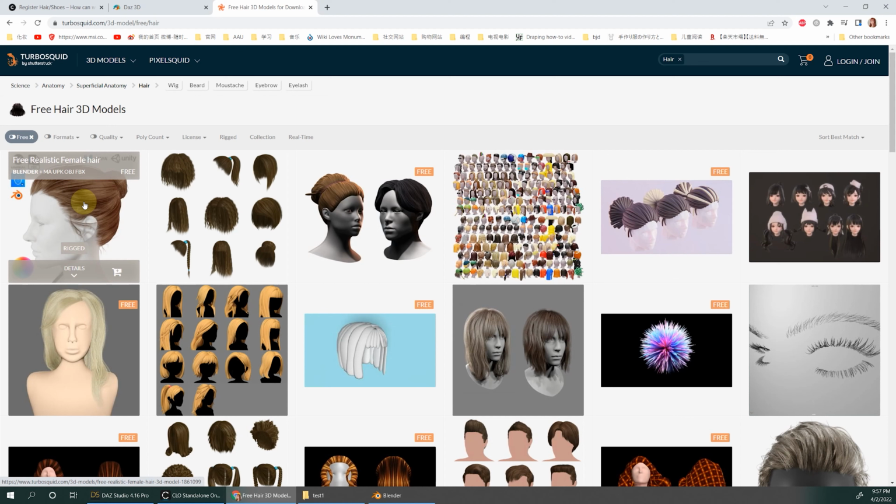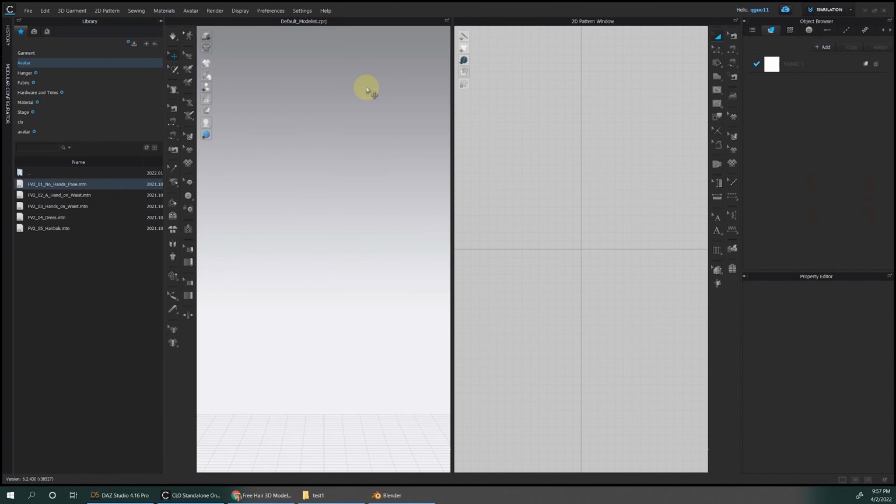Our tutorial just uses Blender, and we import the OBJ. After we import that, we just need to adjust the size and fit it to the Crow avatar. After that, we are all set. We can export that and import it back to Crow, and use it in animation.